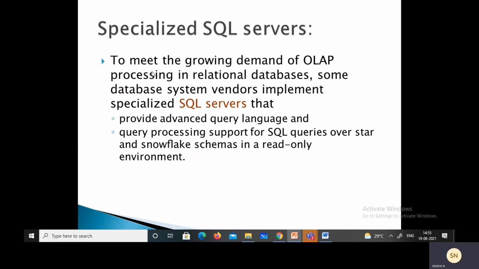We also have specialized SQL servers in order to meet the growing demands of OLAP. These have an advanced query language and more query processing support, for SQL queries over star and snowflake schemas in a read-only environment. So we have ROLAP, MOLAP, hybrid and specialized SQL.